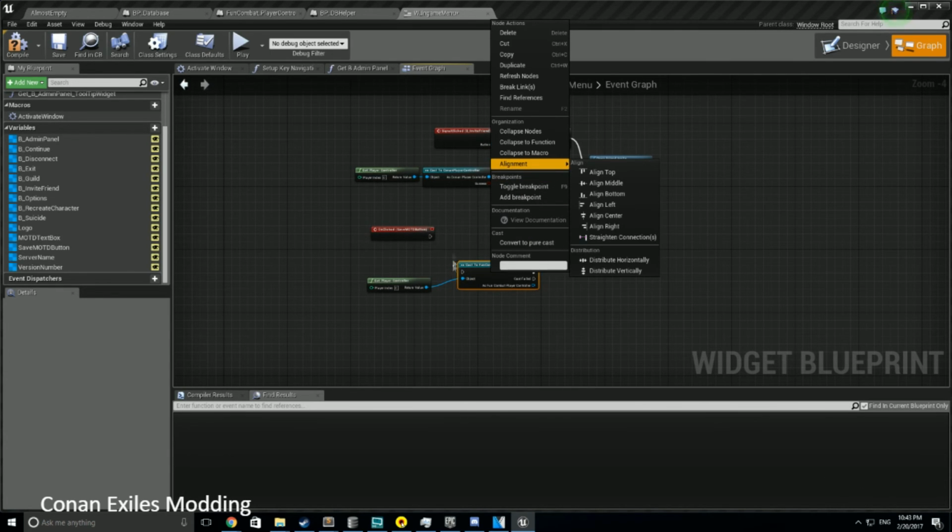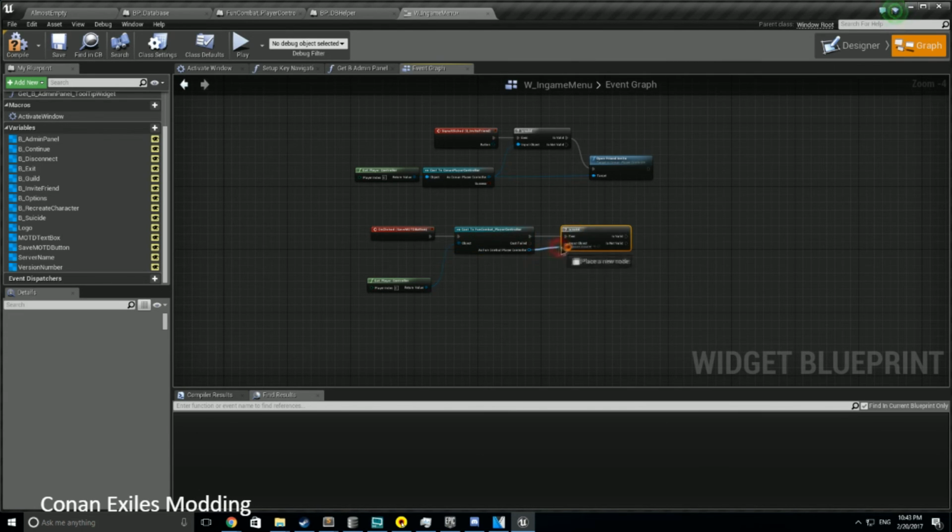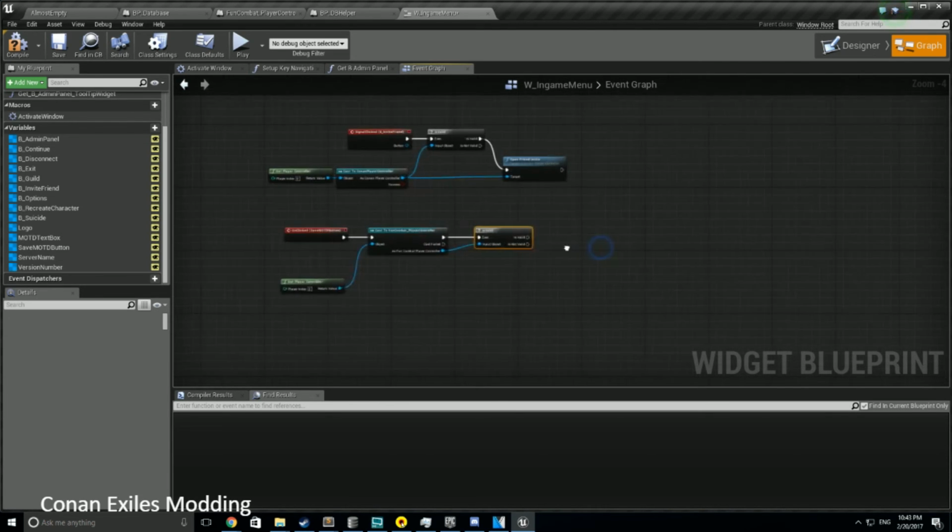Nope. Okay, I guess they didn't mark it as pure or whatever. All right, so now we can do that. Check and see if it's valid. If it is,